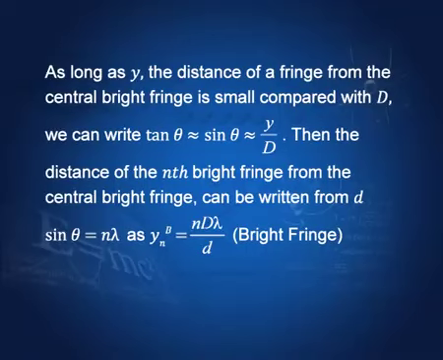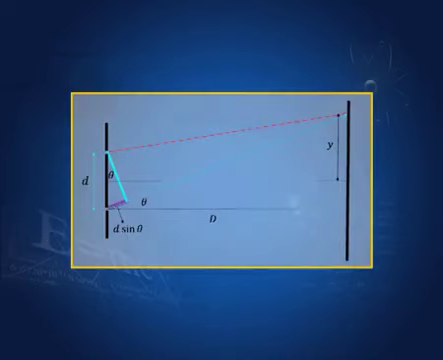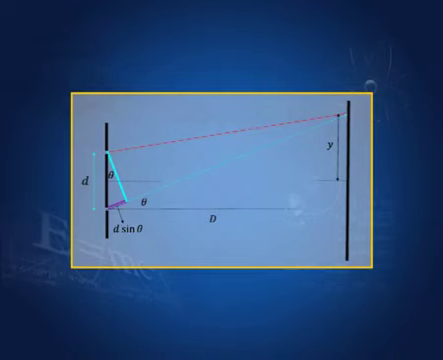So, as long as y, the distance of the fringe from the central bright fringe, is small compared with D, this y is small compared with this D. Although this figure does not make it clear, remember that this distance y is much smaller than D. That means this angle theta is always a small angle. So, you can say that tan theta is equal to sin theta is equal to y by D. You can make this approximation only when the angles are small, and then d sin theta is equal to n lambda, that is the condition for a bright